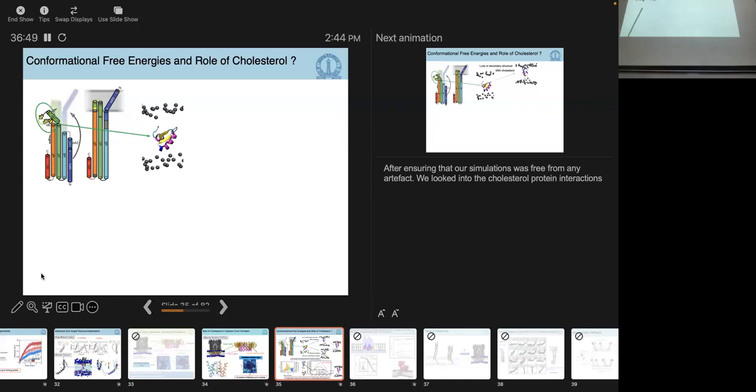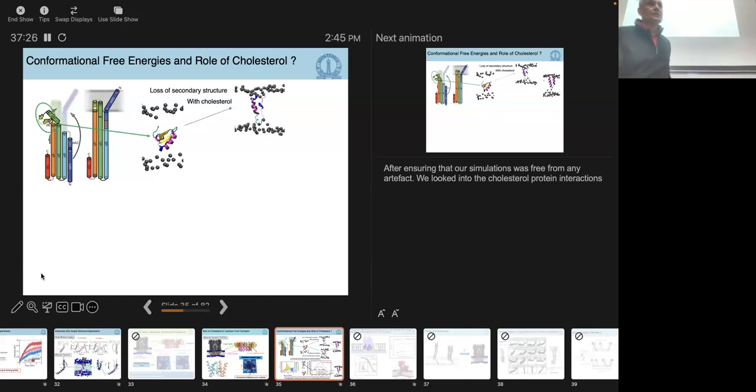So the idea is the following: if I start from this structure, which has those two green beta sheets, as shown here, because we first stick it in the membrane, we have not looked at the entire protein, we only looked at a part of the protein. So you can question how realistic this is, but it's a start. And let us see the kind of information we get from this. We need to make sure that this motif is actually stable in the membrane. So we stick it in the membrane, run these for several hundreds of nanoseconds, at least microseconds, with several repeats, and you essentially end up indicating that it's stable.